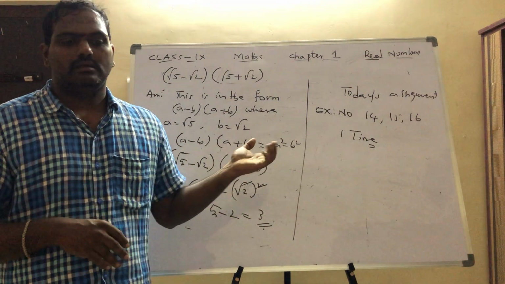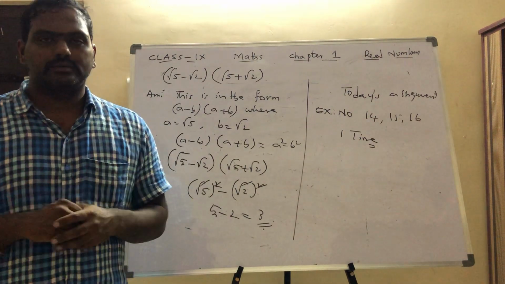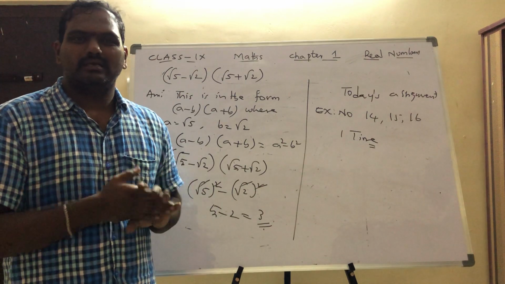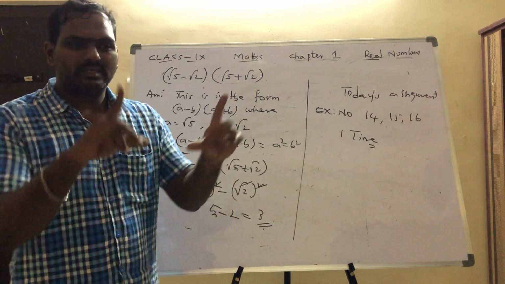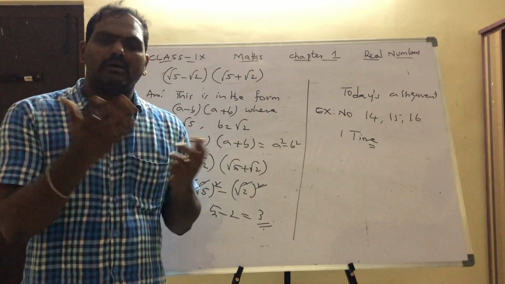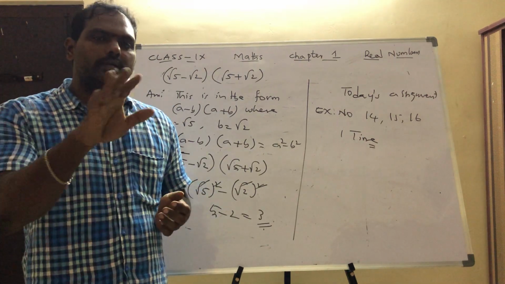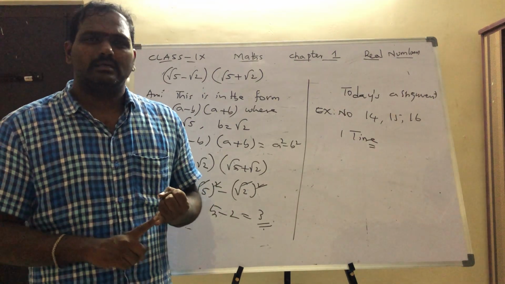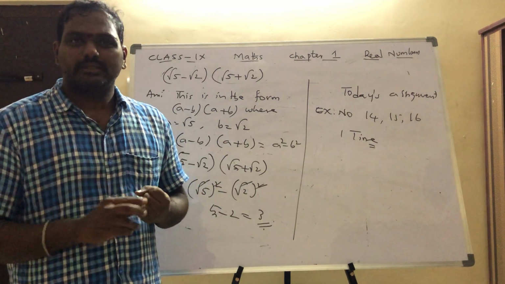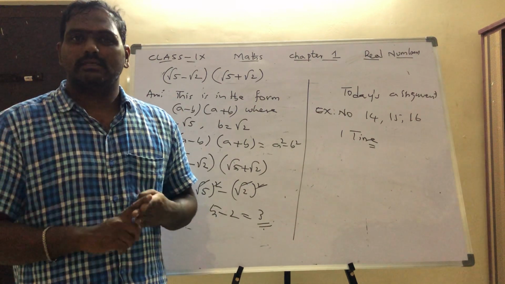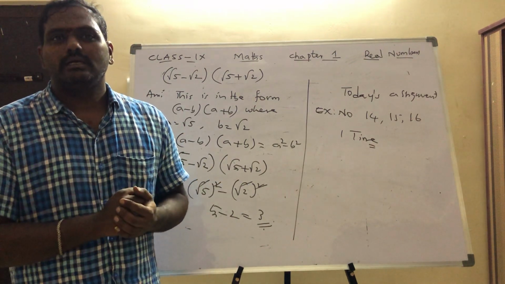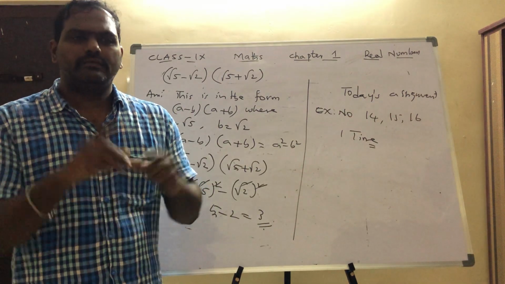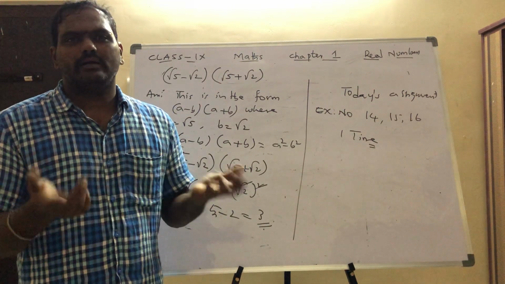Then you send the photo snaps to me. Many of the students are not mentioning the date, session number, nothing. Simply they are taking the photographs and sending them. How should I understand? You know how many corrections I am doing? 8th class boys section 30 members, 8th class girls section 35 members, 9th class boys, 9th class girls, 10th class boys, 10th class girls. In total I have to check 6 section papers. If you simply click it and send me, what do I have to understand?